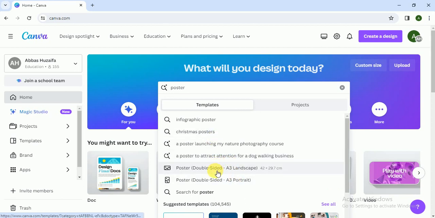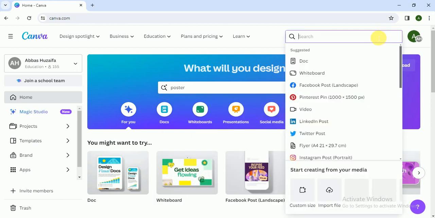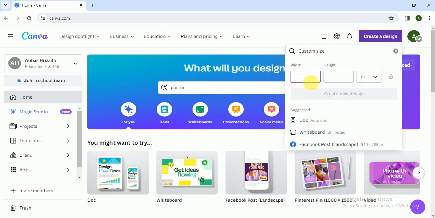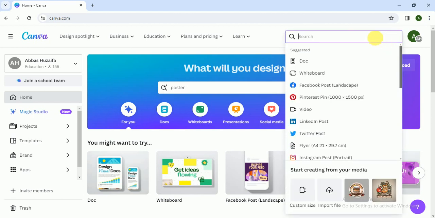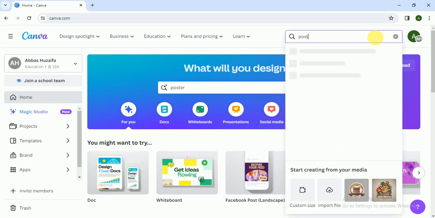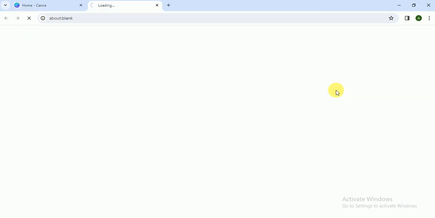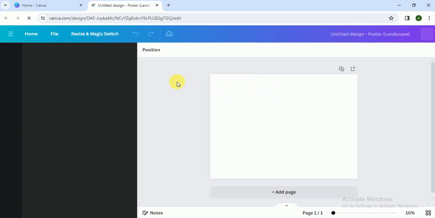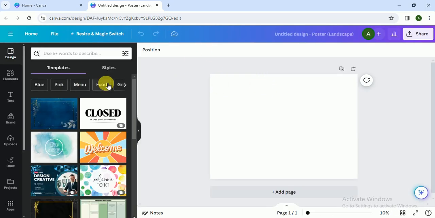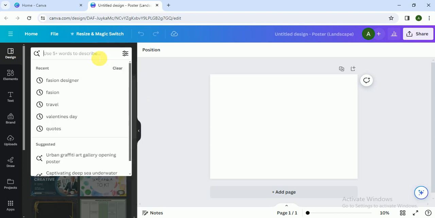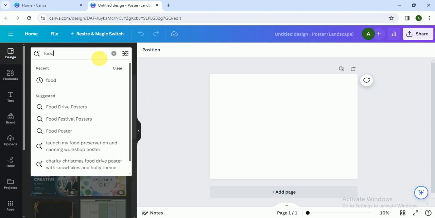and you can choose like double-sided A3 landscape, or double-sided A3 portrait, or whatever. Or you can also give your own custom size here, but I am choosing from their own. I want to create a poster in landscape, so I click on this, and I want to create a poster for a food restaurant. So here I write in template design food,